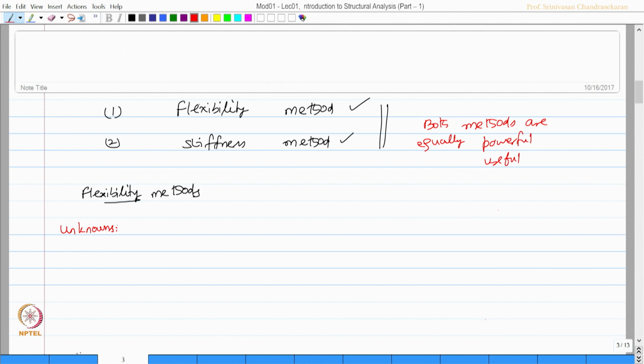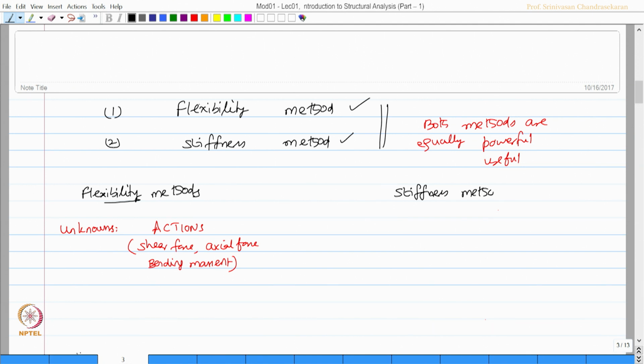The unknowns are actions. Say for example, shear force, bending moment or axial force, bending moment, so these are my unknowns in the problem. So, these unknowns will remain in the formulation of the problem, whereas when you go to stiffness method,